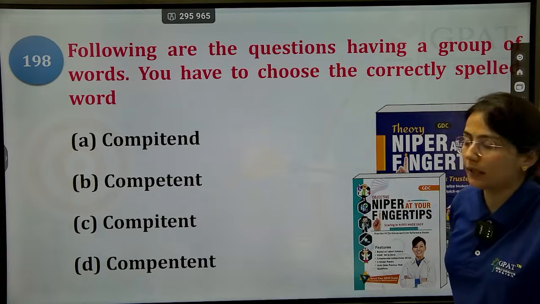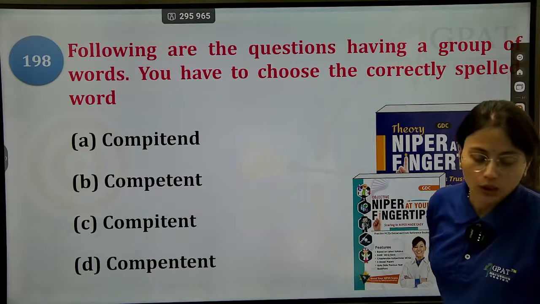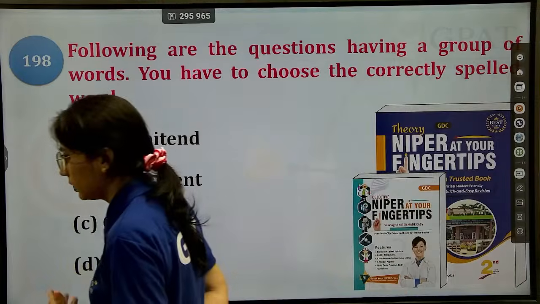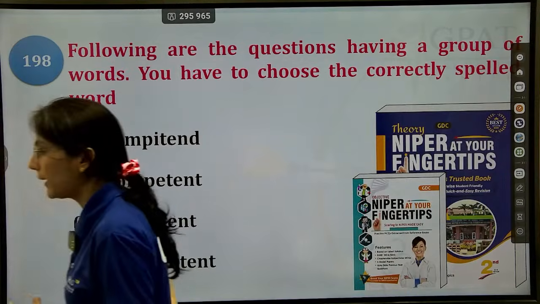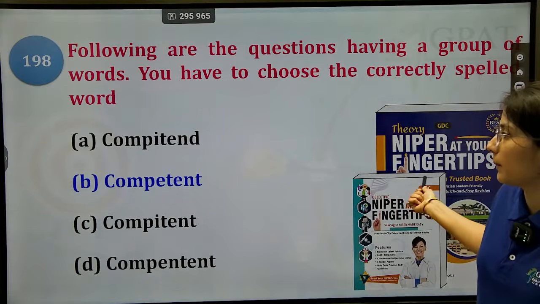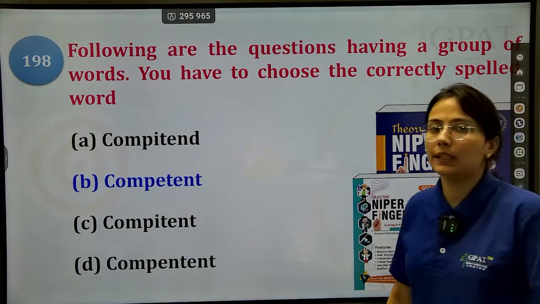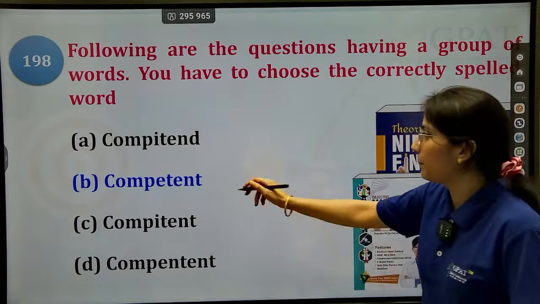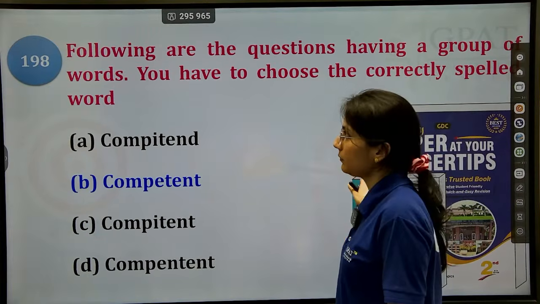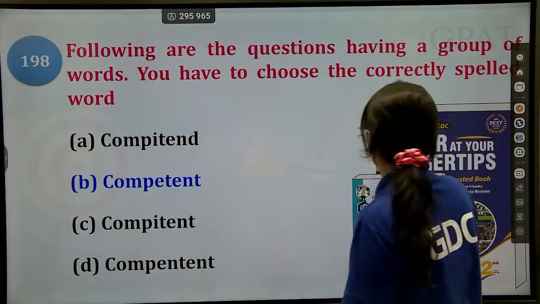The meaning of competent is having the necessary ability, knowledge or skills to do something successfully. Okay, so the correct spelling for competent is option number B, that is C-O-M-P-E-T-E-N-T. Okay, that is the right spelling. Okay, now